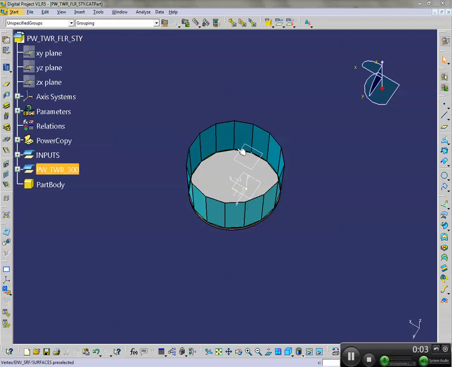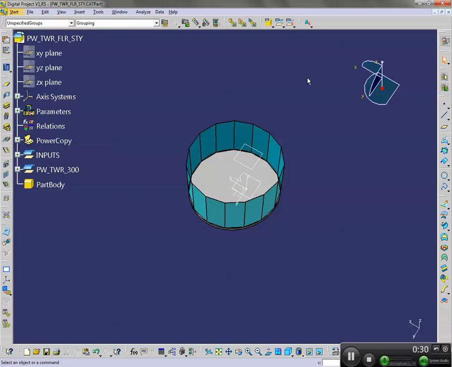So this was modeled as a power copy. Now I want to model this as a document template. The reason I want to make it a document template is I want to embed a drawing in it. So every time it generates one of these floors in the model, it's also going to generate a plan view drawing. Document templates are like power copies, but they're products and parts, and not just geometric sets that get instantiated inside